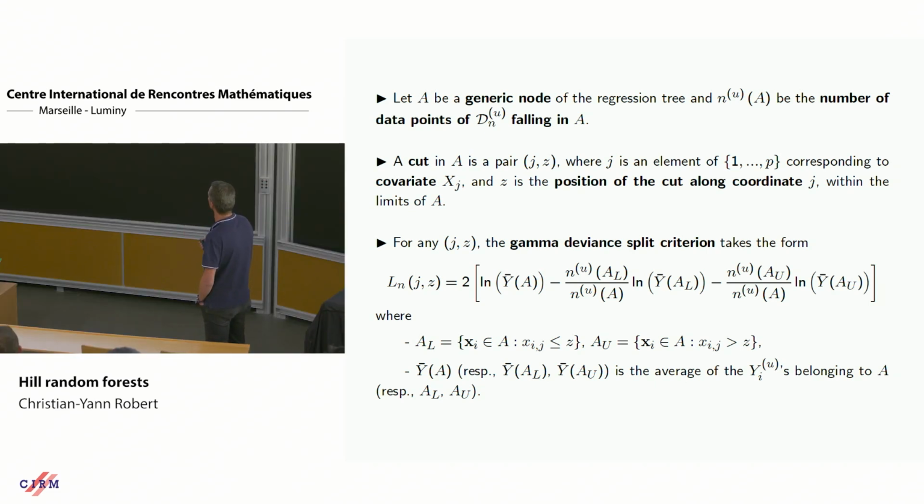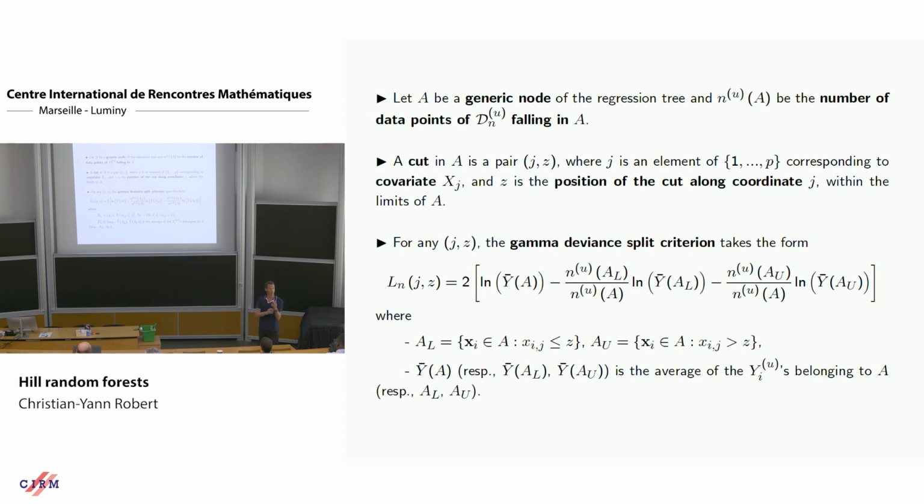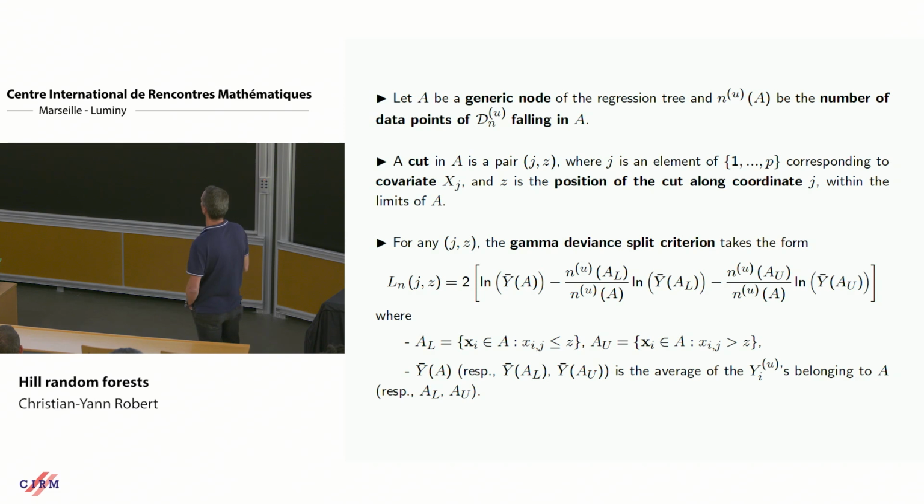You maximize this criterion, which is the difference between the deviance computed over A and the sum of the deviances computed for A_L and A_U, whose weights depend on the number of observations in A_L and A_U. It can be rewritten very simply in this form, where Y bar is the average of your observations belonging to A, and likewise for A_L and A_U. Then you choose the covariate j and the value z so as to maximize this criterion in each